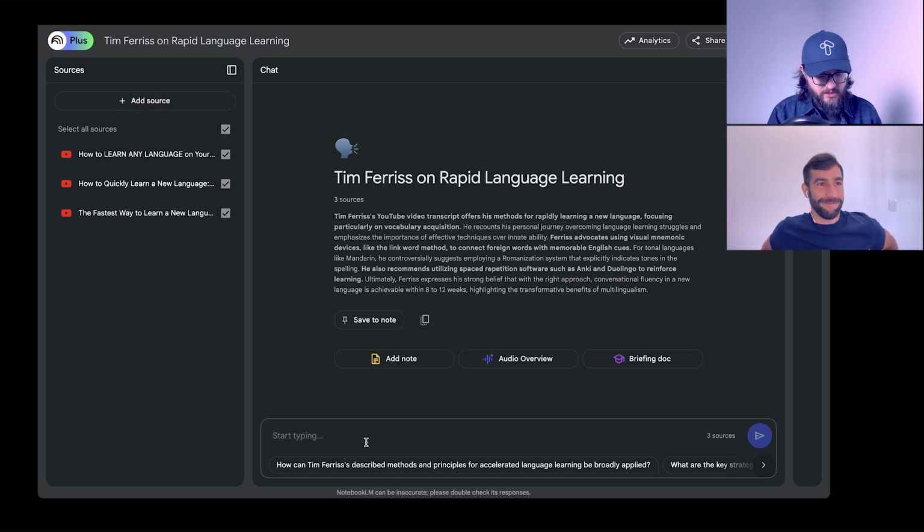So now we're going to ask it to provide best practices of rapid